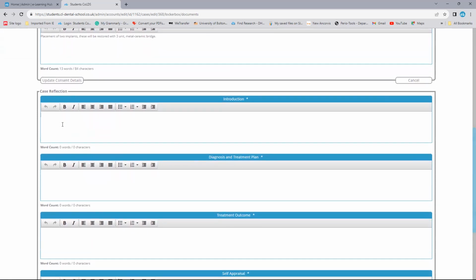Now it tells you an introduction. So you just write what the case is about. It was a 70-odd-year-old man, and why he wanted it done. Some of it seems repetitive. You're planning it with diagnosis and treatment plan. Just write down there that you